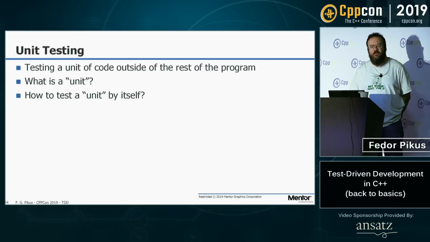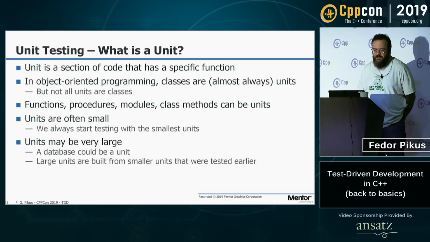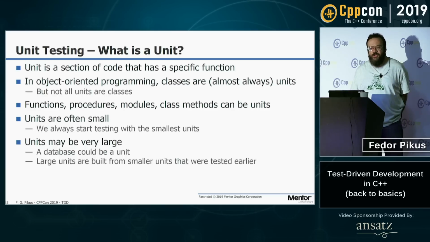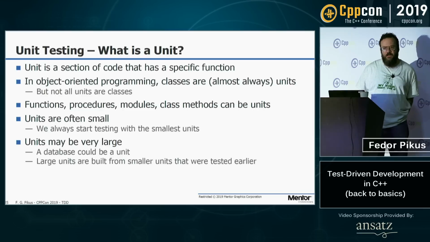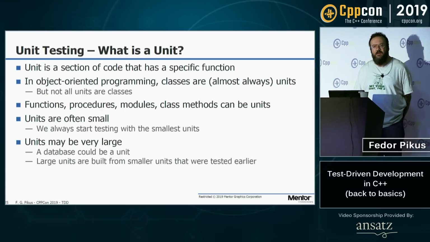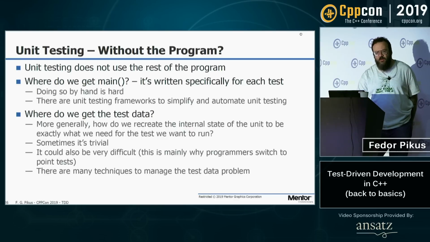What's a unit of the code? Very often people think it's a small thing, like a class. Well, in object-oriented programming, classes are usually units, but not necessarily are units classes. Units could be large. At some point, let's say you're writing a database. Your entire database could be a unit for some set of unit tests. Now, it's built from other units, and the assumption is you have already tested those. So now, the database is a unit, and you're testing its interfaces as a unit, basically as a black box. So usually they're small, they could be large.